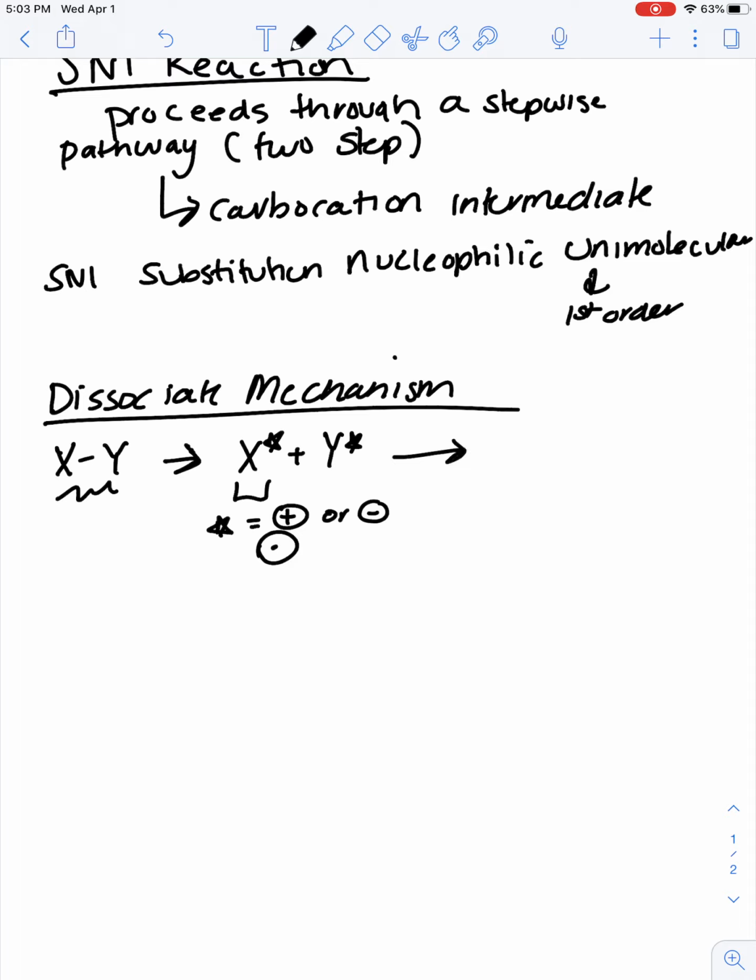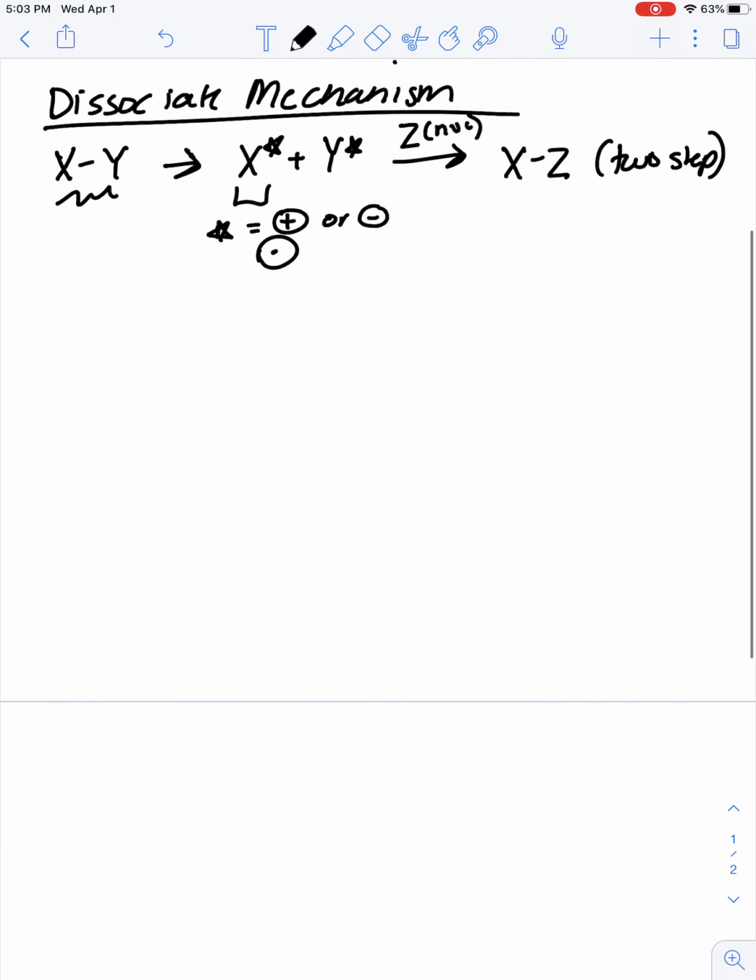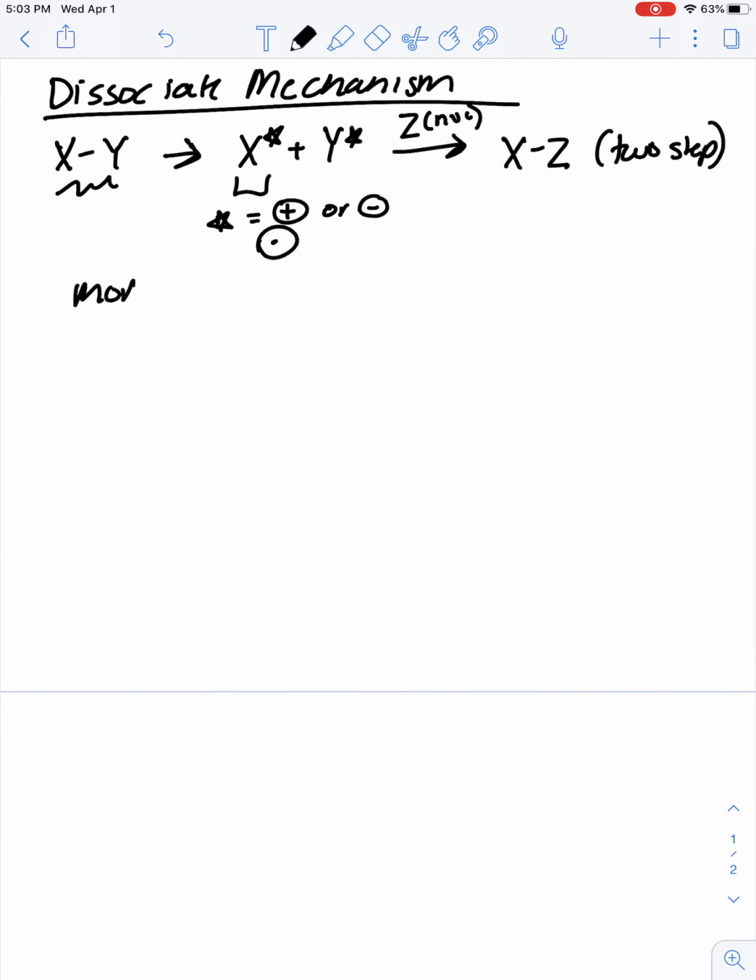So after the formation of that carbocation intermediate, the nucleophile, which is going to be shown here as Z, is going to attack that carbocation and form our new product. Again, this is going to be a two-step process. So if we look at this more specifically,